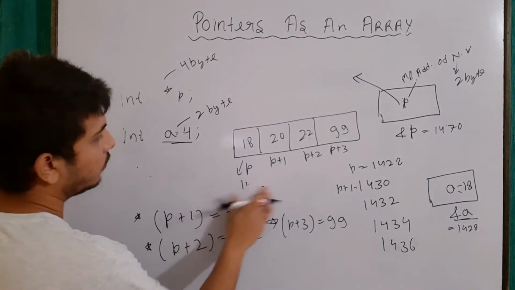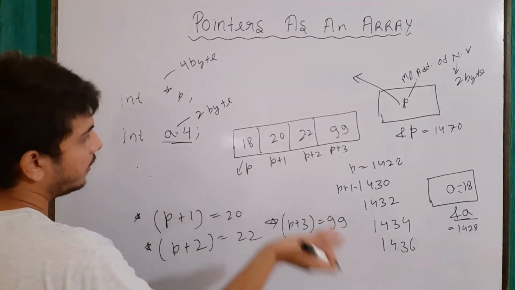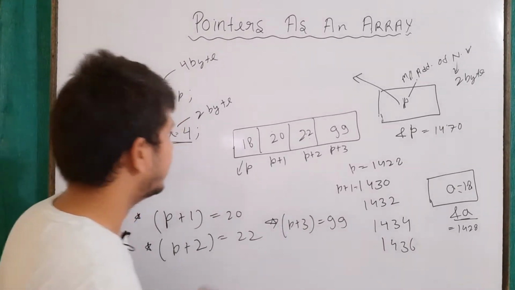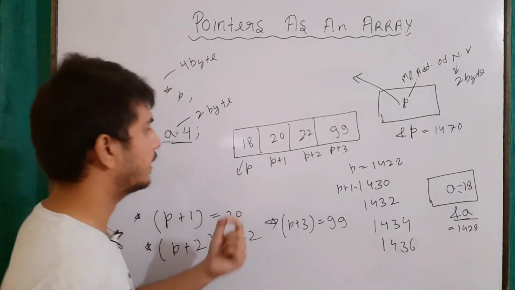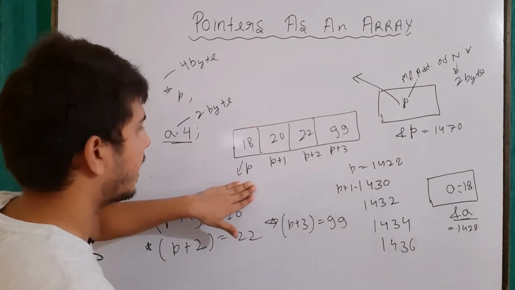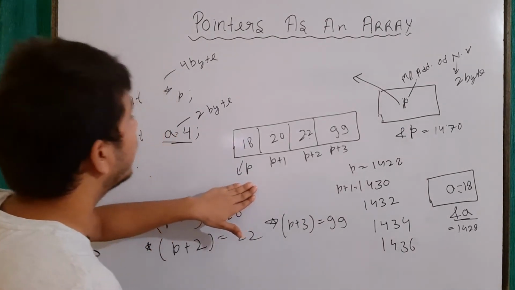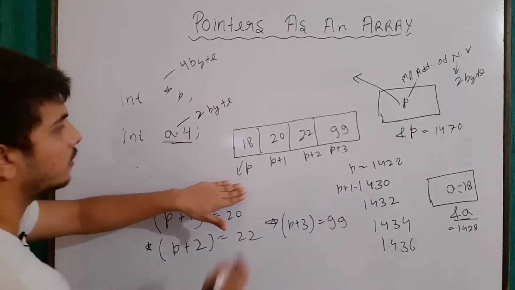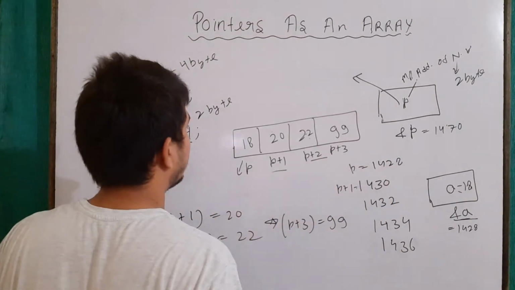Now let's say I don't know this address. We can print it using p: printf("%u", p) will give us that garbage address. Whatever this address could be, a, b, c, x, y, 1 to 4, anything, we know how to access the contiguous memory location. How? Using this p plus method.